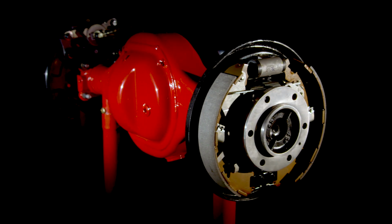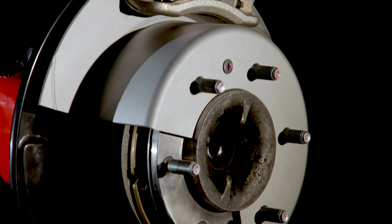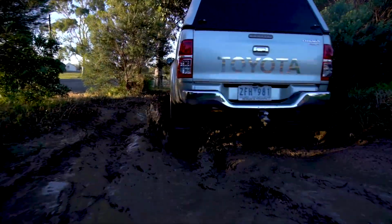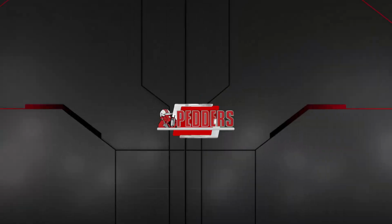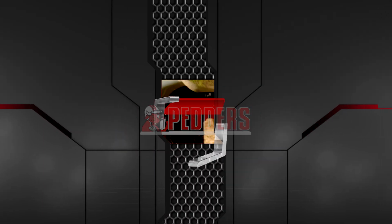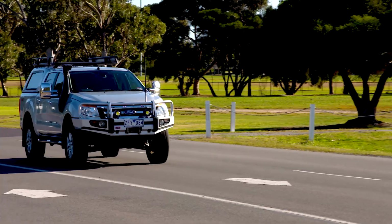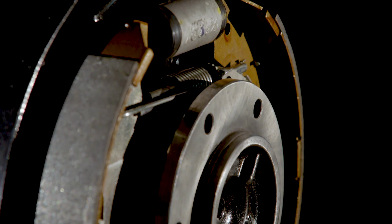Achieve better braking performance with Pedders TrakRyder rear disc brake conversion kits. The ideal upgrade for your Toyota Hilux, Ford Ranger or Isuzu D-Max. Perfect for those that tow or carry heavy loads, the kit converts the factory rear drum brakes to a disc